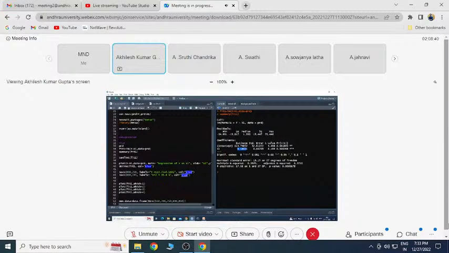So this is your beta naught value, this is your beta 1 value, and simultaneously you are getting whether those coefficients are significant or not. So you are getting the standard error, the t value, and the p value. If the p value is less than 0.05, you can say that x1 is significantly contributing to your y. So this summary command is again a very powerful, helpful command. You can get various things from the summary.